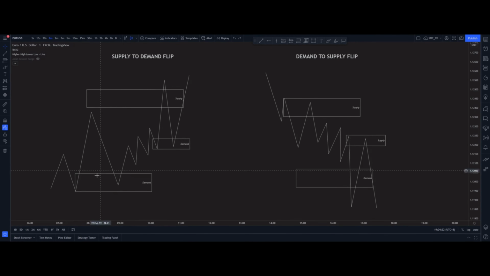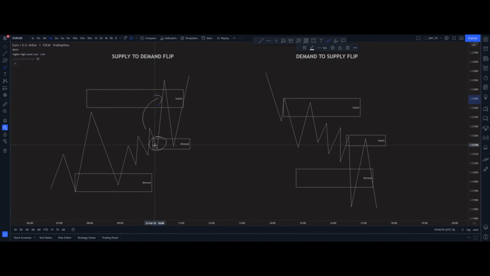So we have this demand zone that forms and price basically continues moving up, and we have an impulsive move that breaks the supply zone. Now when you have a supply zone being broken, that gives you an indication that there isn't enough bearish momentum in the market to respect the supply zone and push down, right? When we don't have enough bearish momentum in the market, what happens is price breaks through the zone and pushes up to the next supply zone. We call the cause for what broke this supply zone, right? The cause for that break is basically the last sell